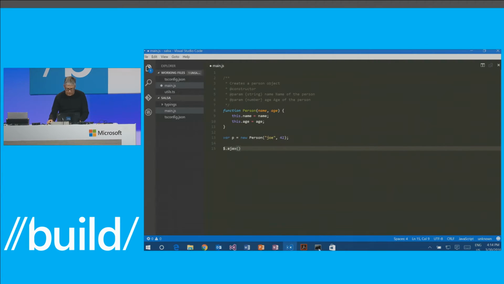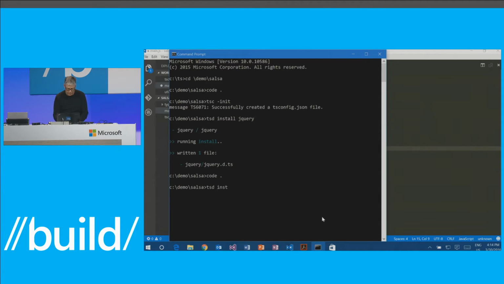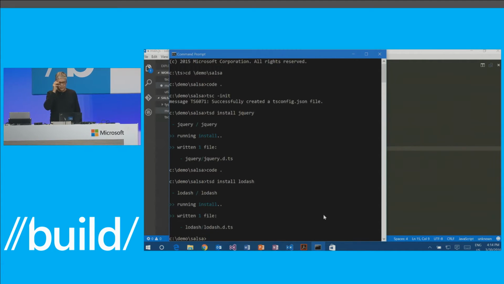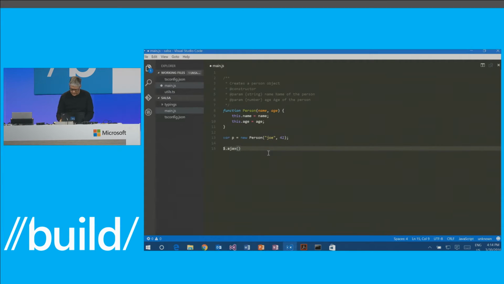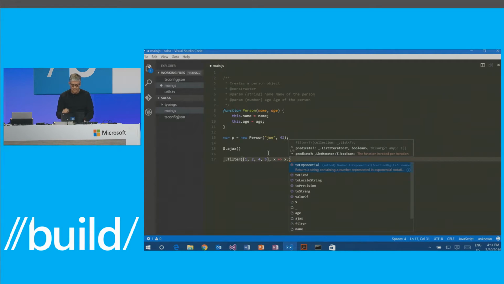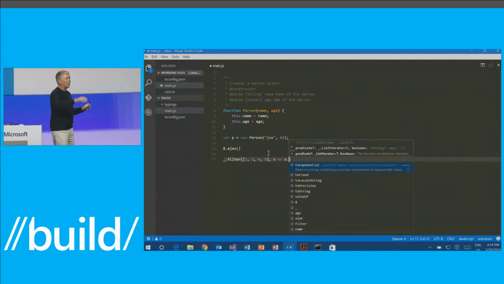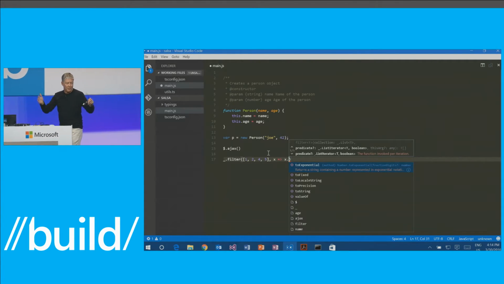Now let's say that I wanted to also use Lodash, for example, which is sort of the successor of Underscore. And now, once I simply install that type information, now underbar dot, whoops, look at this, filter, it knows what the methods are. I can pass it an array like that. And then we can apply all that type information and know that in the callback, X is going to be a number because you gave me an array of numbers, and therefore we can show you all the methods of a number and so forth. And so all of a sudden, all of the goodness comes back.